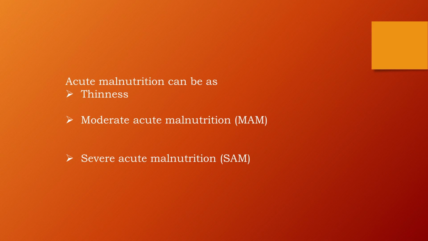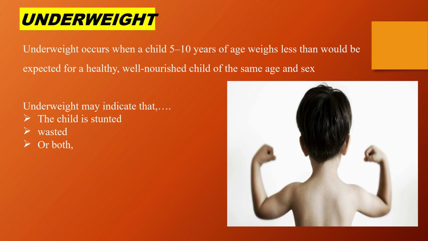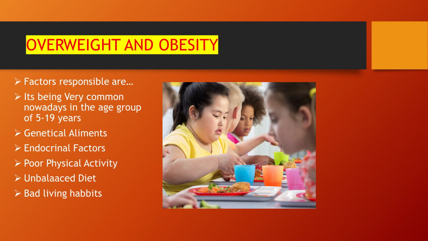We have seen thinness, moderate acute and severe acute malnutrition. Then we saw what things we look for. Then the underweight child, and last but not least, the overweight child. How do we assess an overweight child, and which child or adolescent do we call overweight? Lastly, we have seen the bad effects of being an overweight and obese child. We have concluded that overweight and obesity can result in type 2 diabetes, asthma, high blood pressure, increased risk of heart disease, stroke, and may cause psychological disturbances